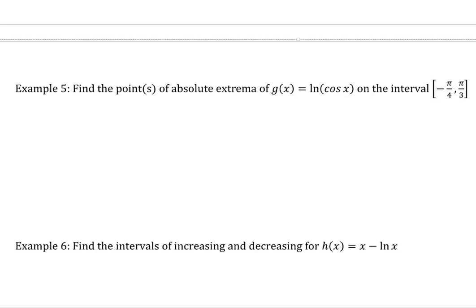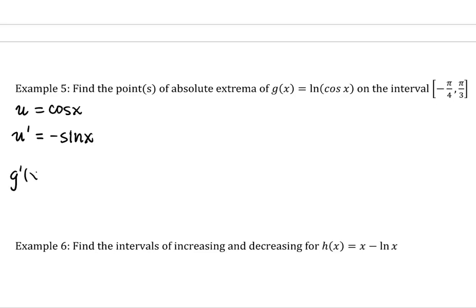Let's start off finding g prime of x. To find g prime of x, we're going to need to use the derivative rule for natural log. In this case, u is cosine x, because that is what's on the inside of natural log. And the derivative of cosine is negative sine x, so our u prime is negative sine x. So we have u and we have u prime, so g prime of x, the natural log derivative rule, is u prime over u. So that is negative sine x over cosine x,